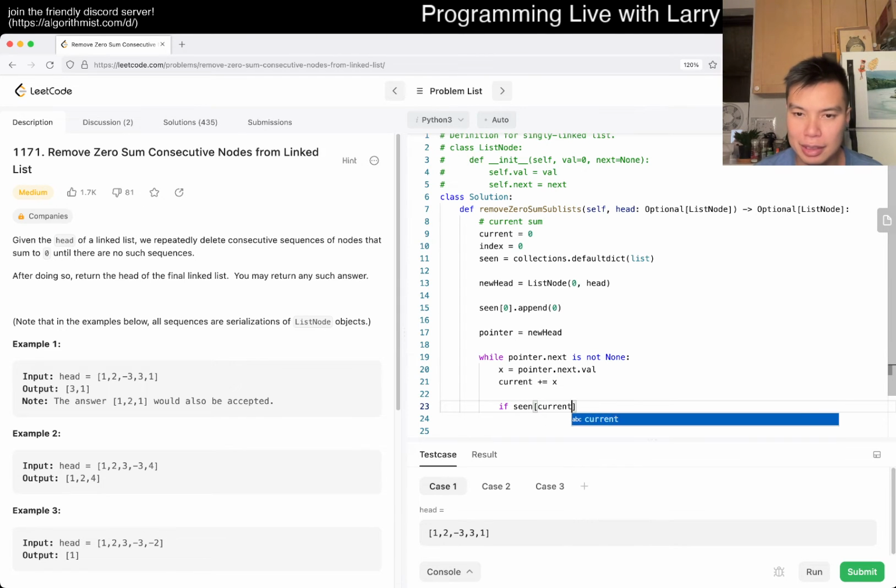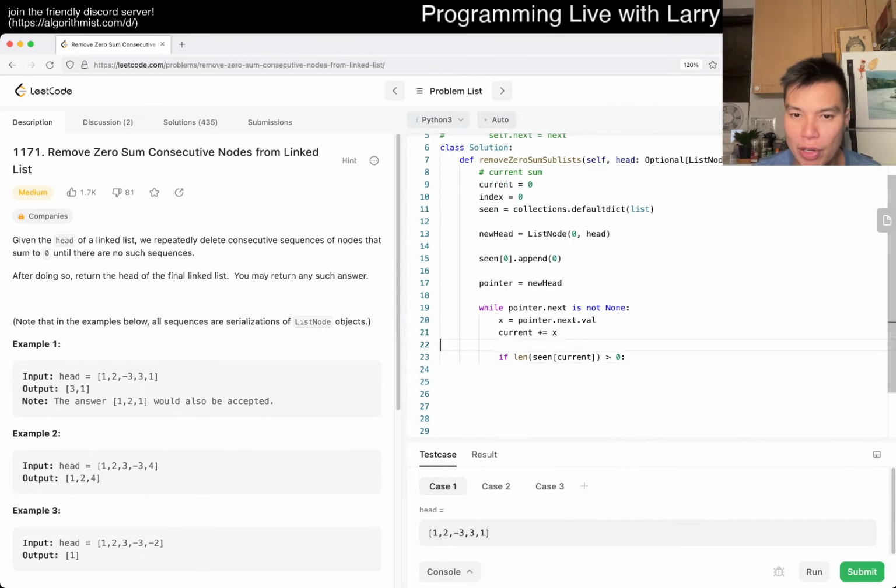if this is greater than 0, it means that in a previous index we've seen this number before, and that means that we want to at least pop until that number. So then maybe until, I don't know if that's a keyword, is equal to seen[current][-1], being the last element of it. You can also do it from the first element. I guess it doesn't really matter in the sense that